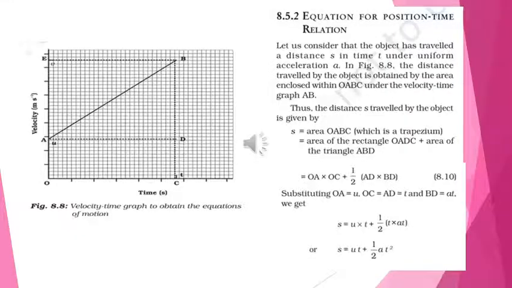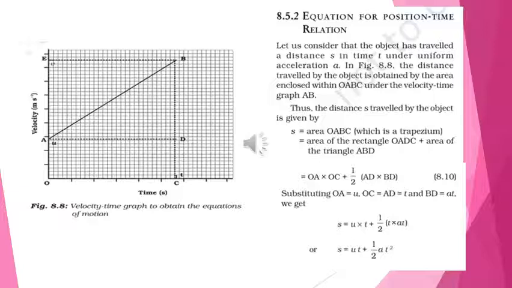Now for the second equation of motion, the equation for position-time relation, let us consider the object has traveled a distance s in time t under uniform acceleration a. See again the figure, same figure. The distance traveled by the object is obtained by the area enclosed within O, A, B, C under the velocity-time graph AB. Thus the distance traveled by the object is given by S equals the area